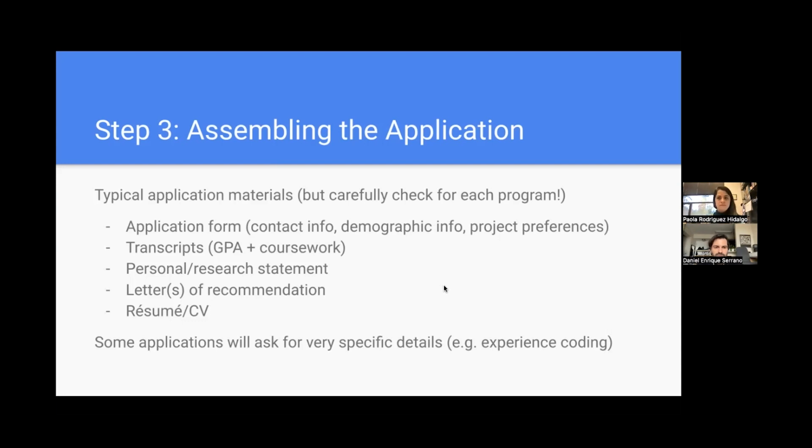And I think one of the reasons that we're putting this list here for you is that it's useful to gather all these components together ahead of time, and then understand how much you have of them, so that you know how to use it for different applications, because likely you're going to end up applying to many different REUs. So having these compiled already makes it easier for you to apply to different programs. And please do not feel overwhelmed. It looks like a lot. We're going to go through some of the things. And again, we can help you with some of the particularities that might be a little bit more confusing right now.